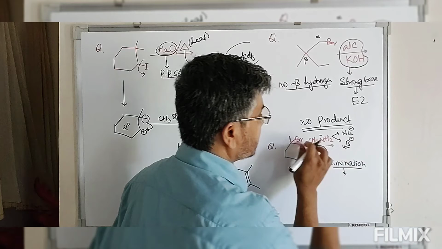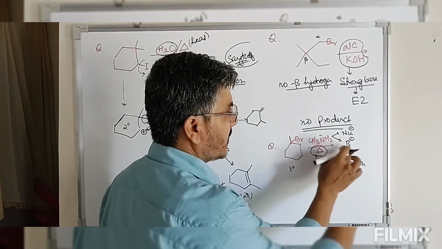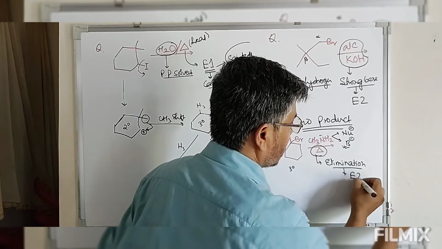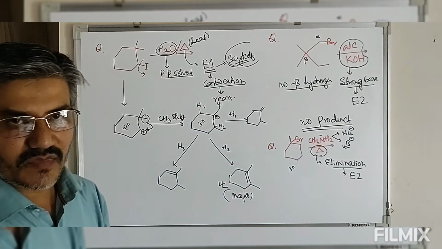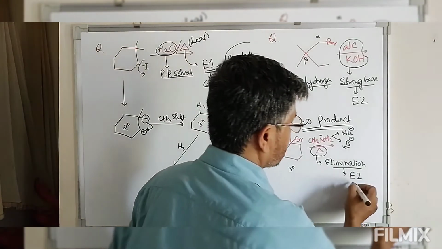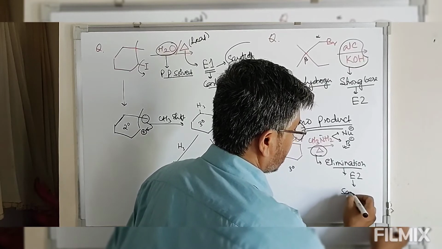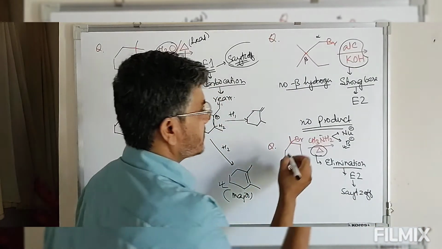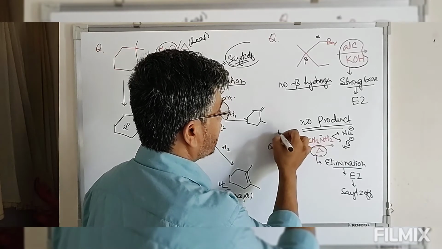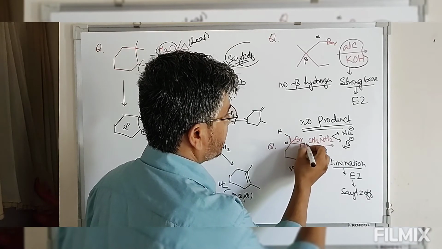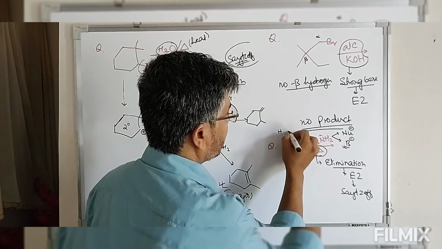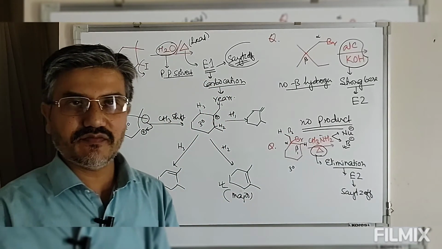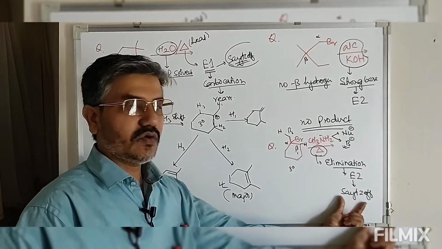In this reaction, this CH3NH2 will act as a base. This being a strong base, the elimination has to follow a bimolecular reaction, and a bimolecular reaction says the reaction has to follow Saytzeff's rule. Now look at this. This is the alpha carbon. We have beta hydrogen, and we also have beta hydrogen here. This is beta 1, this is beta 2. So there are two possible alkenes that could be formed, but the product should be according to Saytzeff.